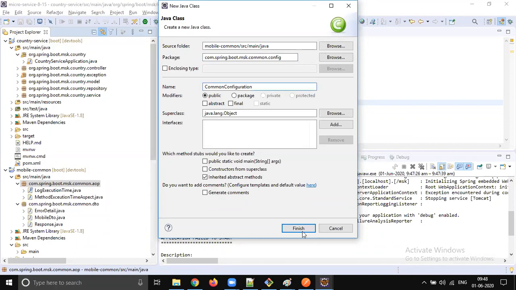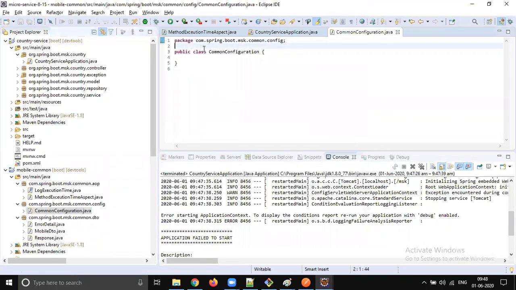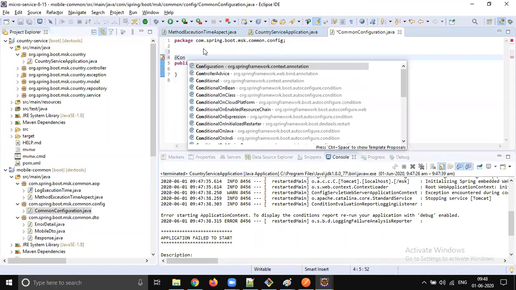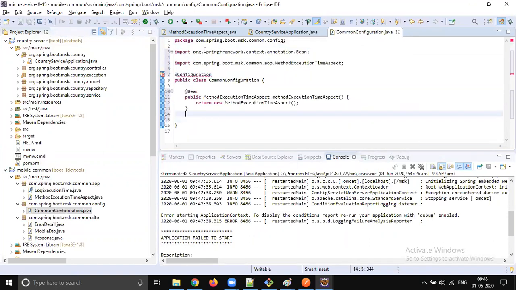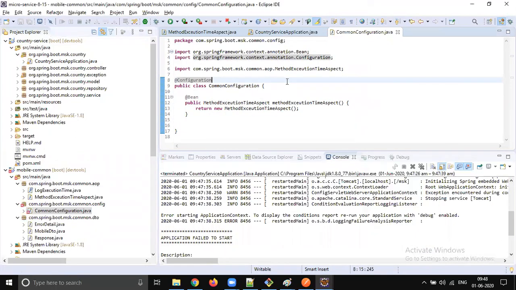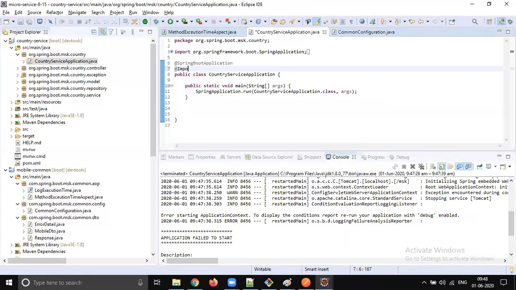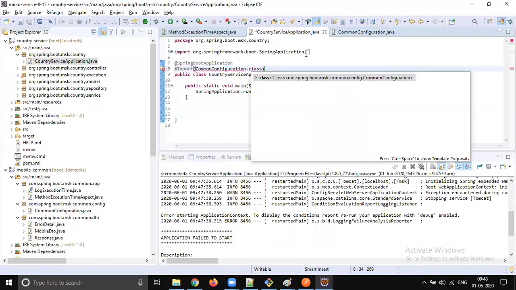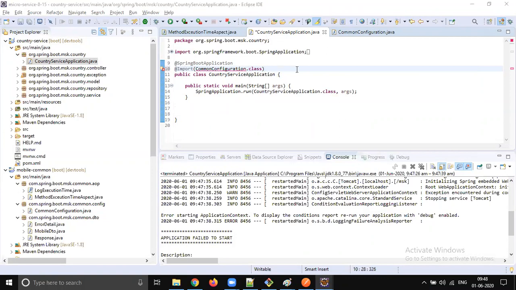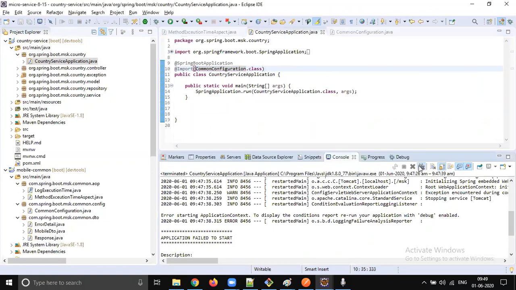Here we will create whatever common beans are required. Now let's go ahead and import that common configuration, common configuration dot class, from the common package.